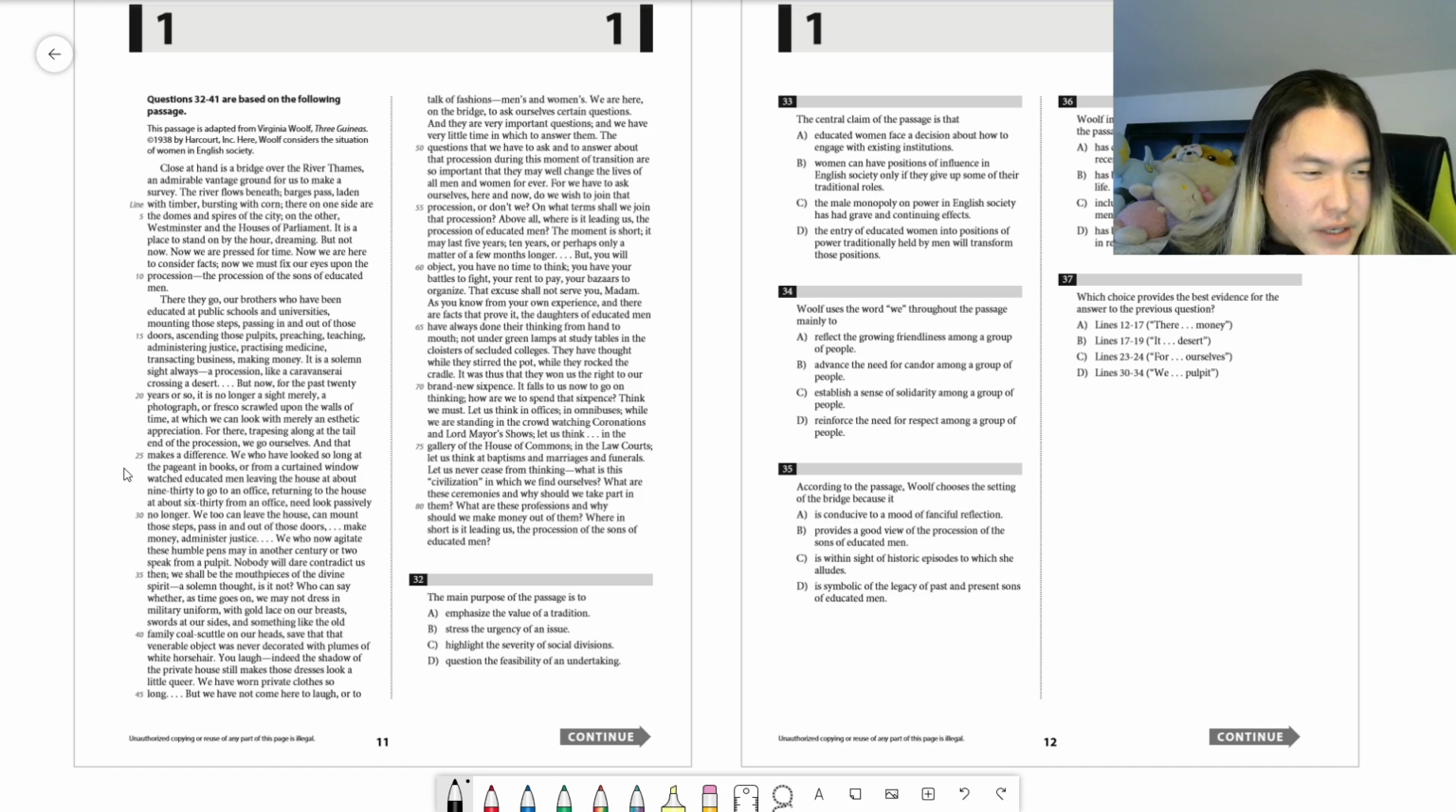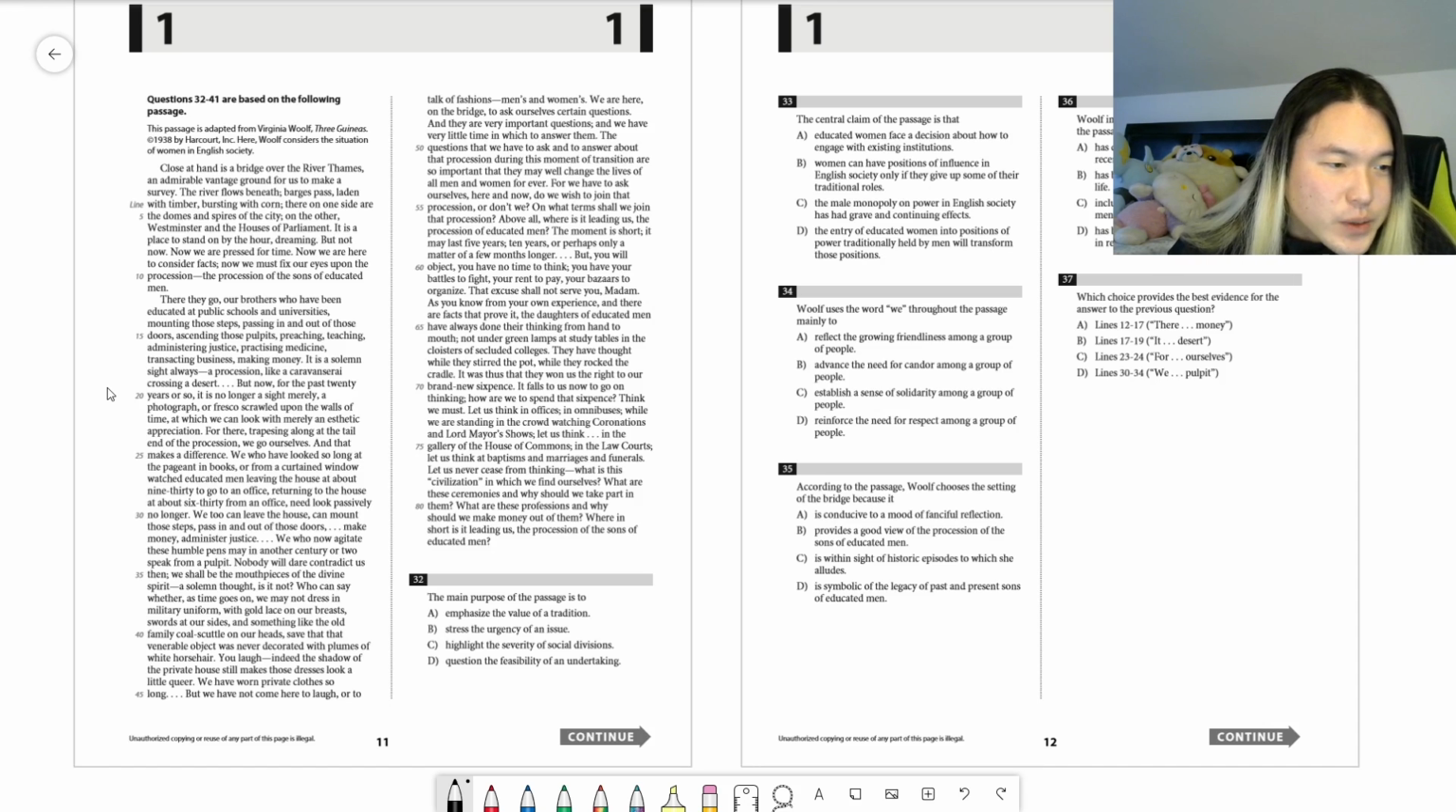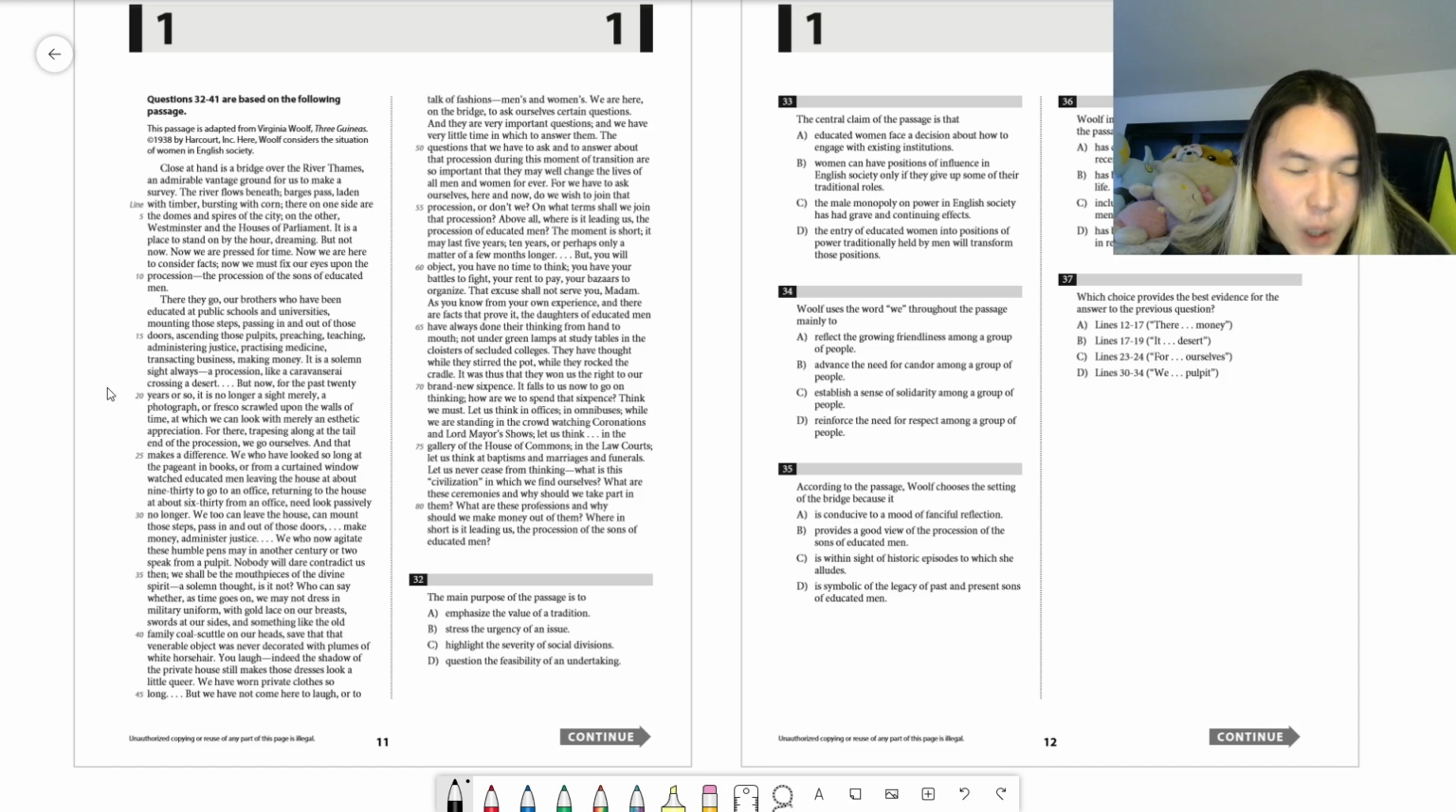Who can say whether, as time goes on, we may not dress in military uniform, with gold lace on our breasts, swords at our sides, and something like the old family coal scuttle on our heads, save that venerable object was never decorated with plumes of white horsehair. You laugh. Indeed, the shadows of the private house still makes those dresses look a little queer. We have worn private clothes so long, but we have not come here to laugh or to talk of fashions,